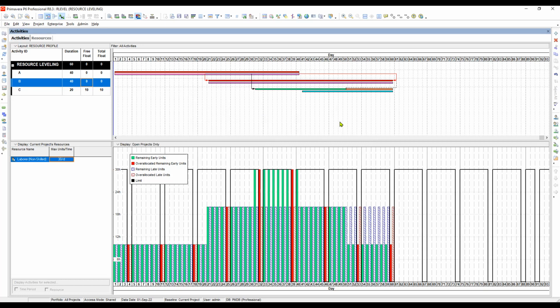So in conclusion, if there is no over allocation on your project, labeling in Primavera P6 will do nothing on your project. There are no changes to the activity dates whenever there is no over allocation. So now we will move